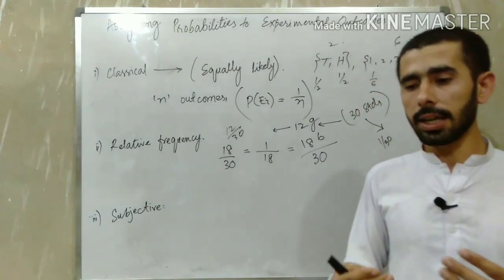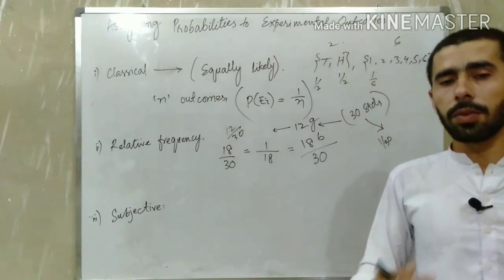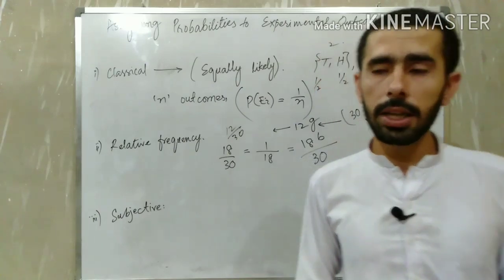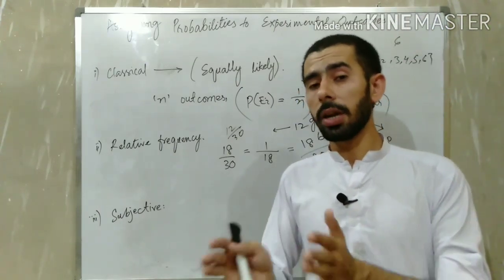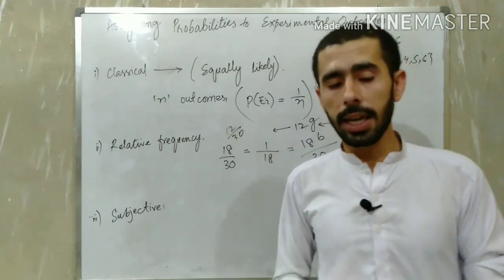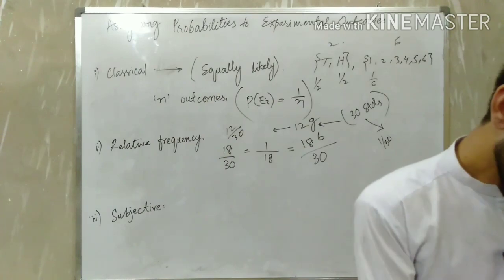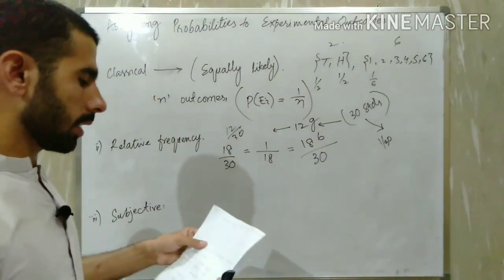Similarly, this approach is also used when we have available data for some particular experiment that we are performing. If that experiment has already been performed a number of times and we have certain related data available with us, we can make a selection or a decision based on that data as well. If I share an example with you, for example, if someone is visiting a doctor